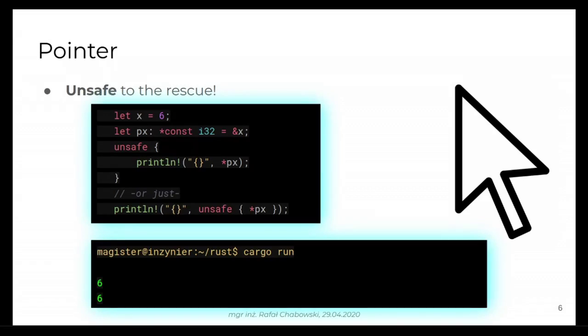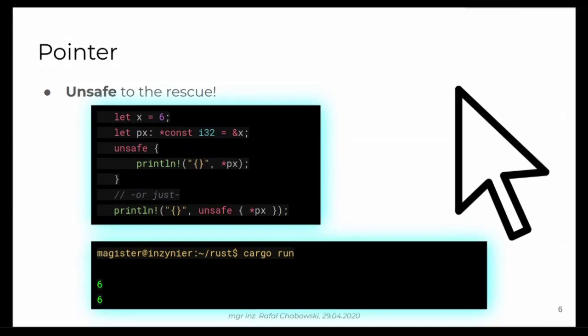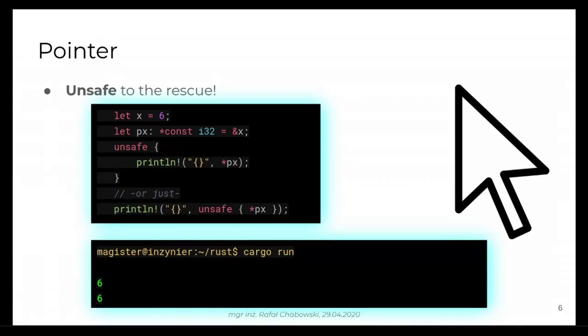But better do it only if you know what to do, or if you don't have a choice, because sometimes you, let's say, interface with the libraries written in C, and you have to use these pointers to communicate. There's a lot of unsafe code in the standard library anyway, like Rust is built with these unsafe internals. And I'm actually still wondering how the Rust team guarantees that the internal implementation of, let's say, hashmap is absolutely safe. But this is maybe another good topic for a separate discussion.